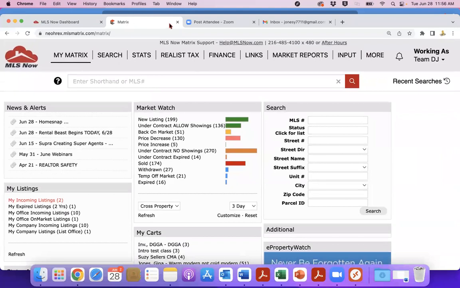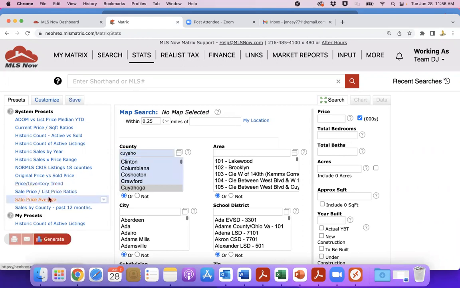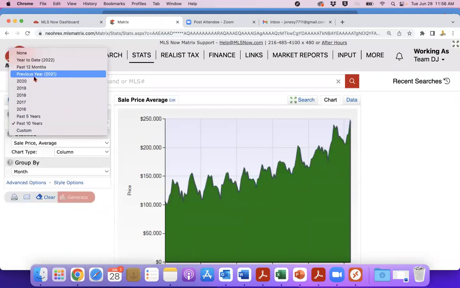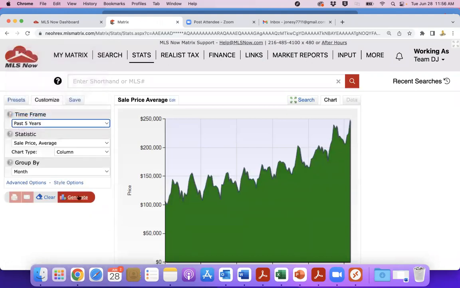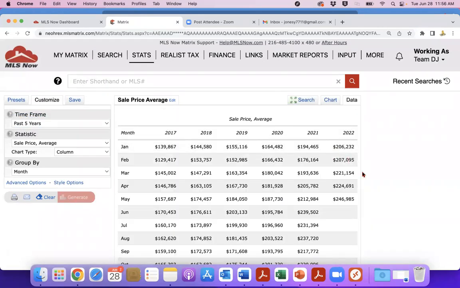Okay, what else do you guys want to see? Now that you're talking about stats, we have a stats tab. We can come in here and say, okay, I want to see any one of these stats. For instance, in Cuyahoga County. So I'm just going to type in Cuyahoga County. I want to see the sale price average, and I want to see that over the last, I don't know, 5 years. So you generate it, and then you can see over the past 5 years, broken down by month,